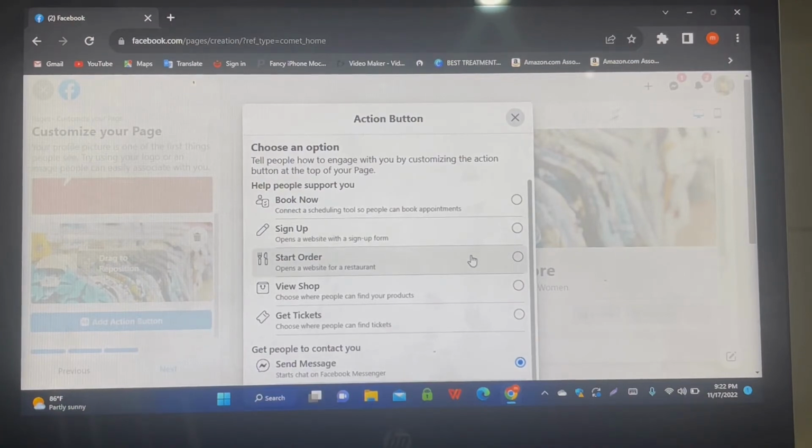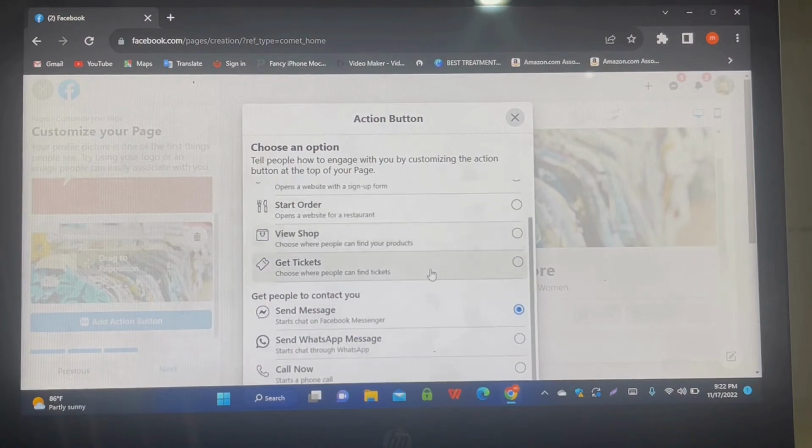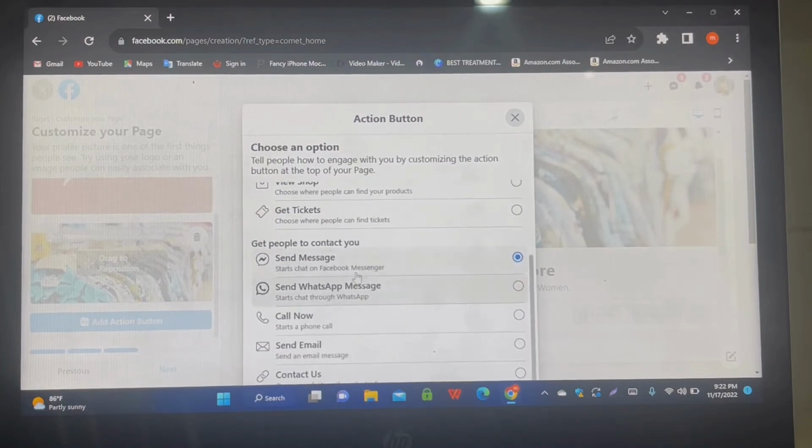If you want them to be ordered, that will go to your website also. If they want to order from, maybe you have the website, they can order the clothes. You can just use this and fill shop. If you have your website, the shop that you have already created, you can choose it to be here. So also, if you want the action button to be send message, once they enter, they click on